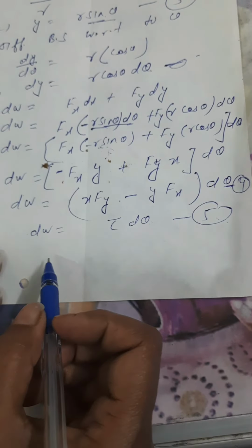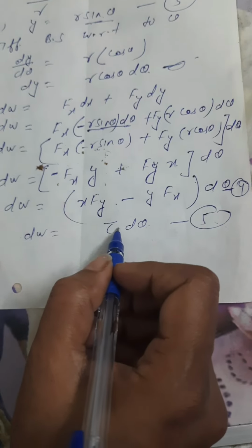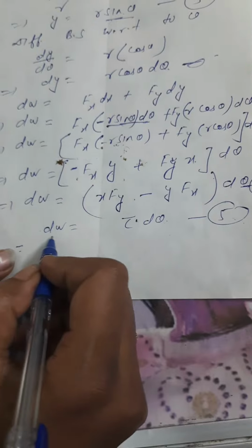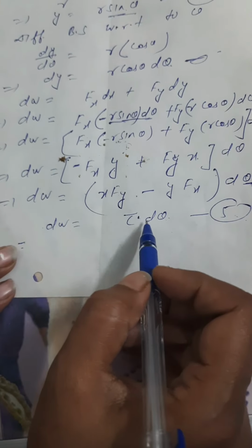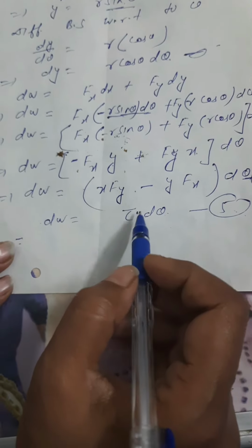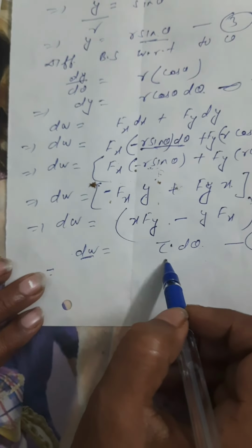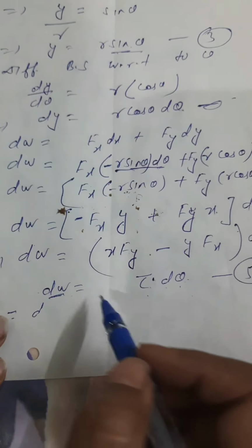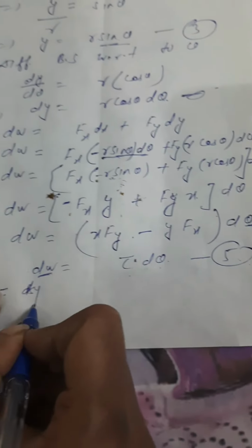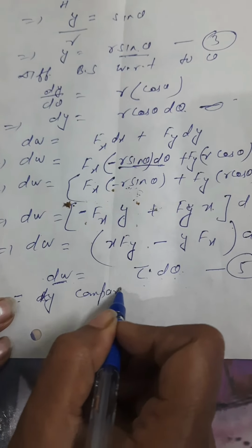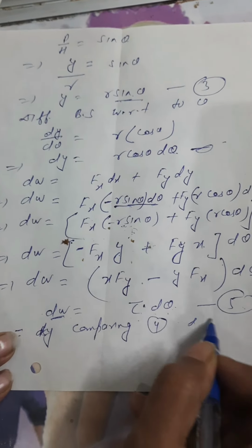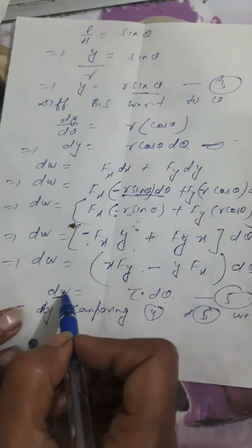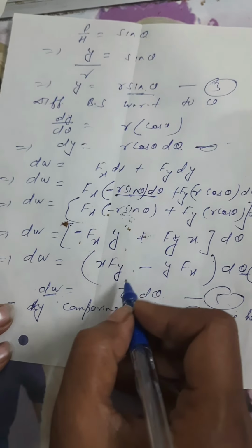In rotation, dw is equal to tau into d theta. You have studied all this: what is the relation of work done when we take the rotational method? It is tau into d theta. So compare the fourth and fifth equations, by comparing fourth and fifth,